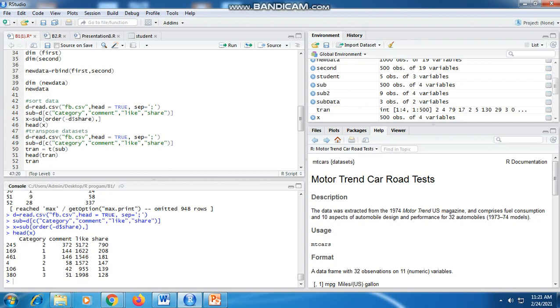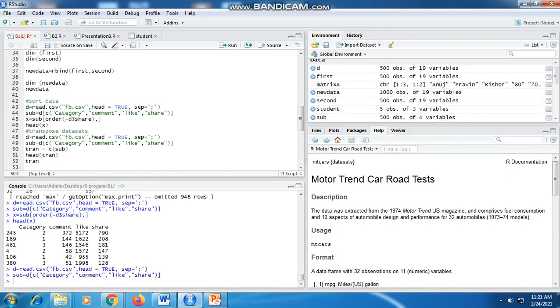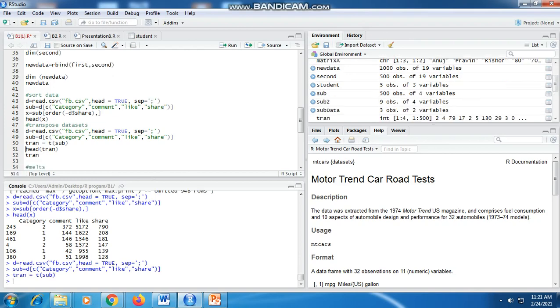Then we'll see the transpose of a data set. In the same way we read the CSV file, and the same category, comment, like and share are stored in the variable sub. Then trans is used to store the transposed value. Transposing the data is done with the help of the t function, t on sub.